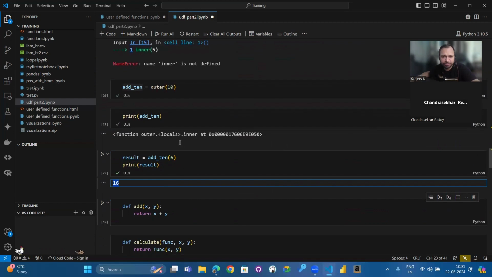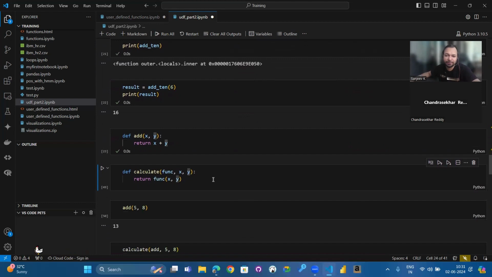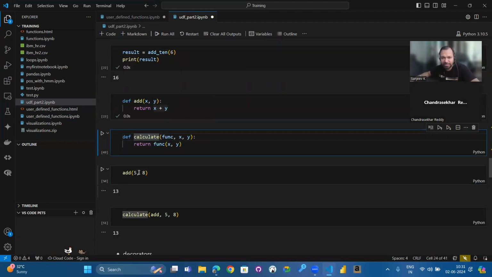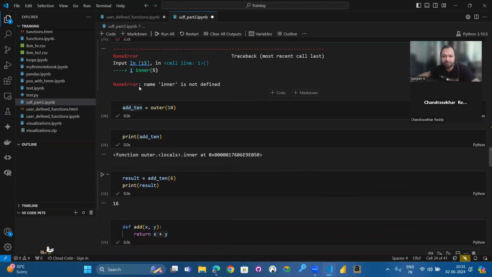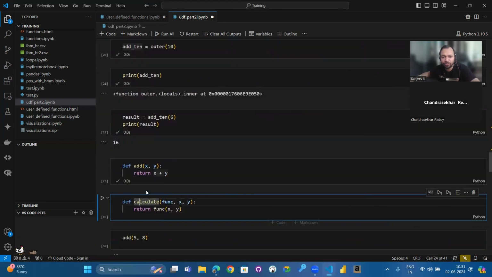This is how it works. I'm going to add one more function now, add, which takes 2 arguments, adds them, and returns x plus y. Now I can write one more wrapper, just like how we did for the wrapper in the case of 2 upper and 2 lower. I'm going to do the same thing for calculate, wherein the first parameter is the function. Previously I was taking only one argument, now I'm taking 2 arguments. After taking 2 arguments, I'm sending these 2 arguments to the function, as simple as that.